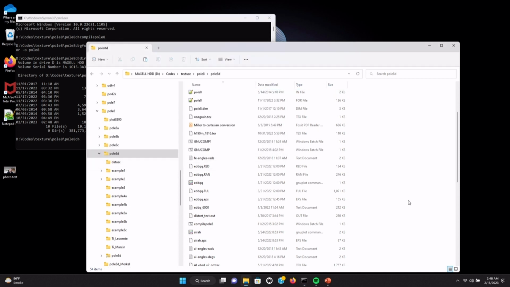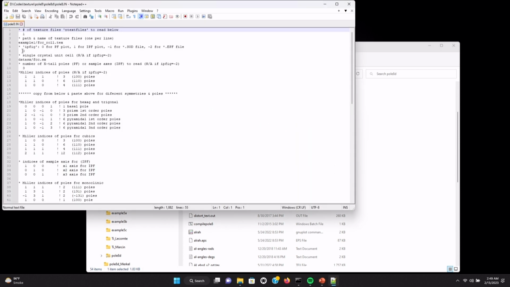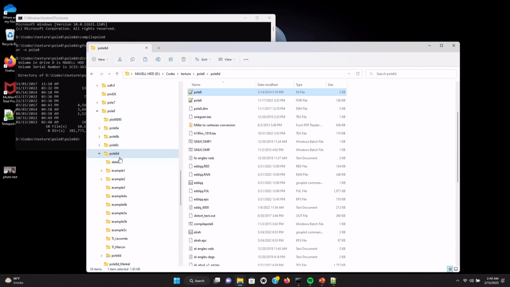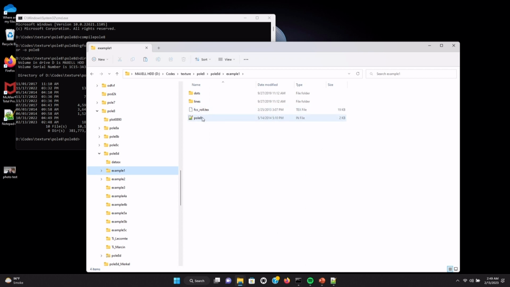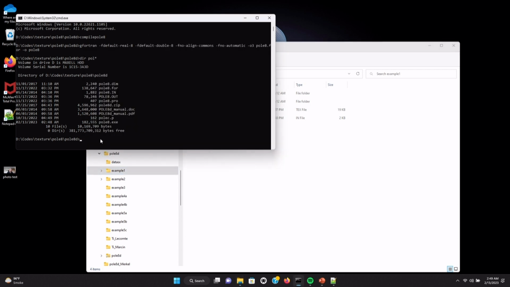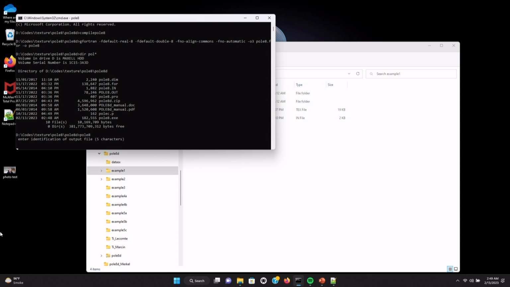So I'm going to look at what this file pole.in is. I'm going to open it just for you to look at it, but as I said, this is FCC rolling texture, so it is going to be pointing at that one, which is this file, FCC rolling texture. And so in the code, I'm going to run the executable, collate, and it asks for the identification of the output file. So I'm going to put out pt,